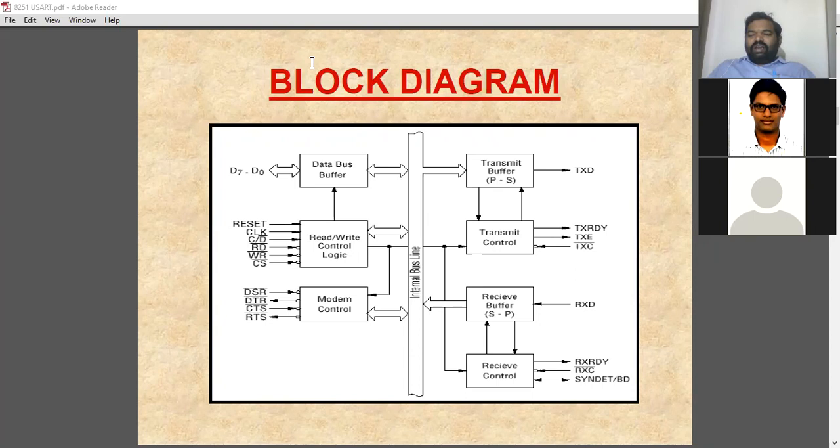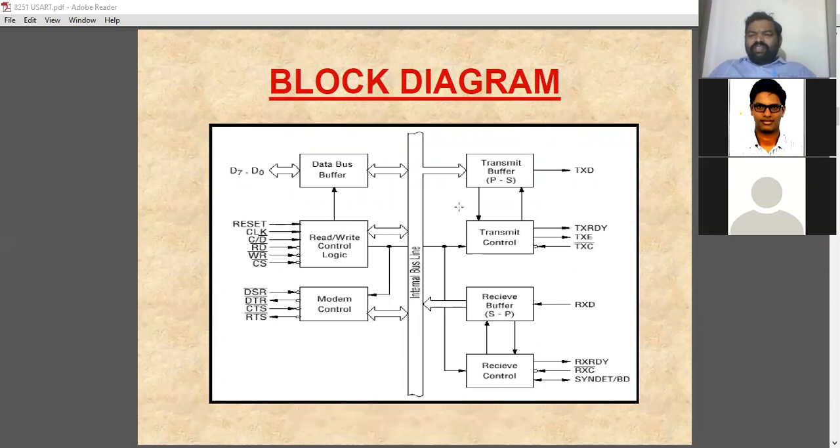Some other applications are even in between the CPU and monitor. There will be a serial cable, and also the printer. So many of you have printers in your home, right? HP or some other printers also contain serial cables. You call it the data cable. Without using the data cable, you can't transfer the data from the CPU to the printer. That is also a serial cable. So these pins are nothing but the serial cable pins, right?